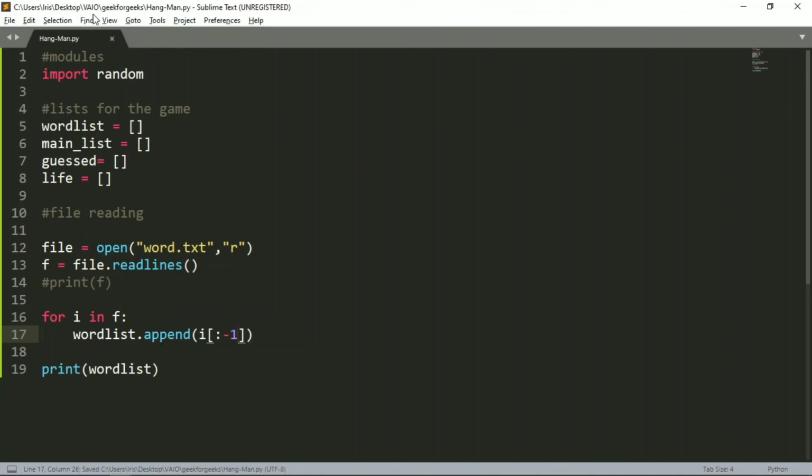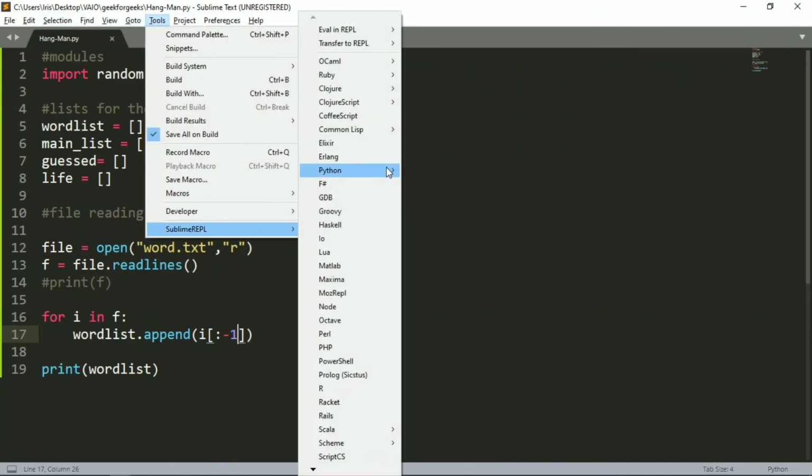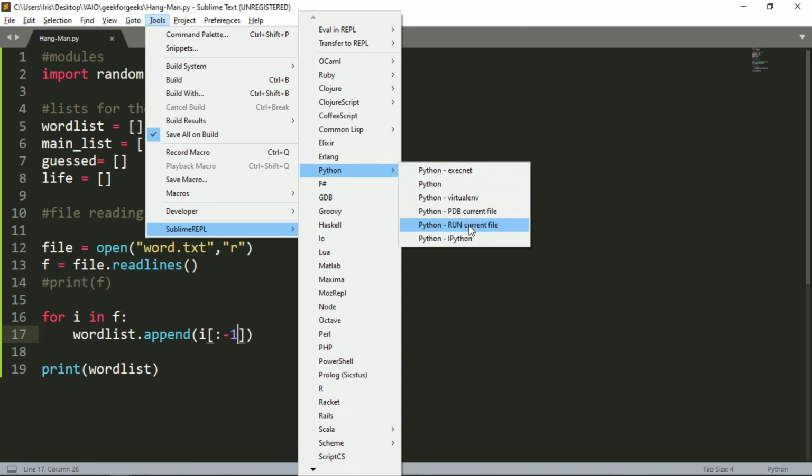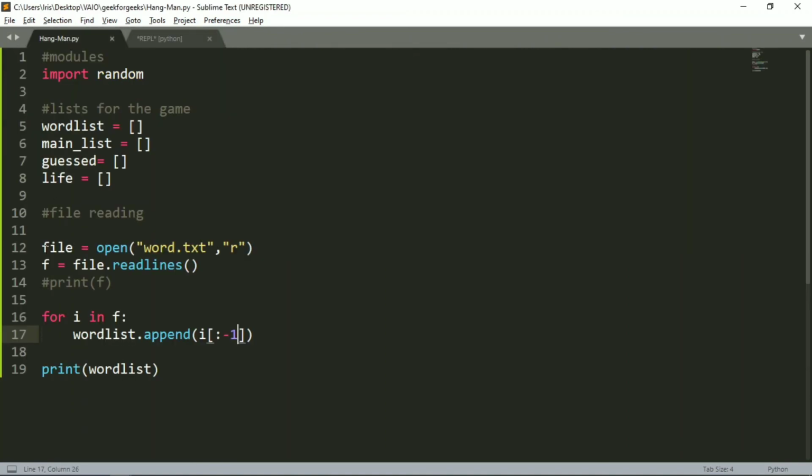So let me just Control save this, and let me run this and show you. Run current file, and here you see we get properly working words in our list saved in the variable word list. Okay, so that is the first part of our program which is working perfectly.